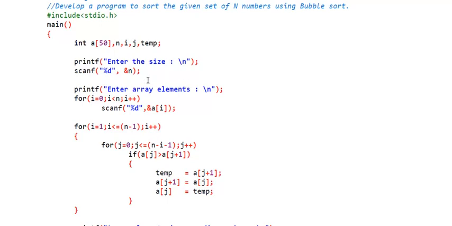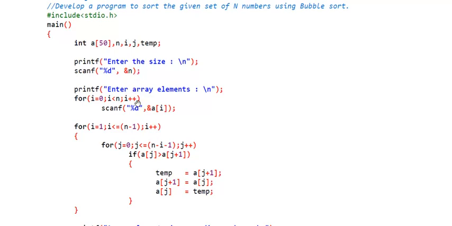First we are going to read how many numbers the user is going to enter, that is n, and before the scanf statement we will prompt on the screen saying enter the size. So printf will do that, enter the size followed by a new line, and then scanf. What will scanf do? Scanf will wait for user input from the keyboard. In the parenthesis of scanf, inside the double quotes I have %d specifying we are looking for an integer value, comma ampersand n. Ampersand signifies the address of the variable n, and it ends with a semicolon.